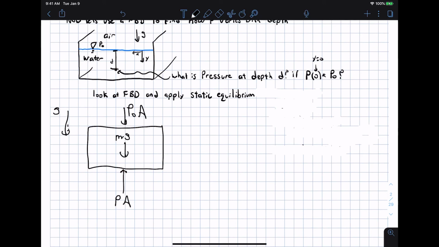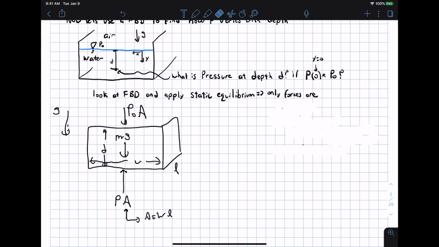Okay, and I'll just assume that this is of length L here and W here, and the height of it is d. And so the cross-sectional area here that the pressure is pushing on is just W times d. Or W times L, I should say. Okay, so now, so basically,